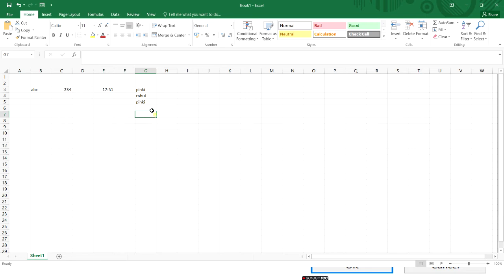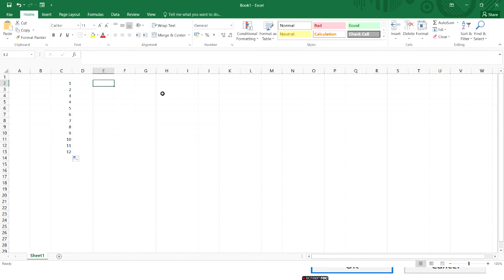Now, how will you generate a listing, like 1, 2, 3 if you wish? Three numbers we are writing here. Select like this and you will get a dark plus sign. Drag this downwards and see, numbers are getting generated automatically.